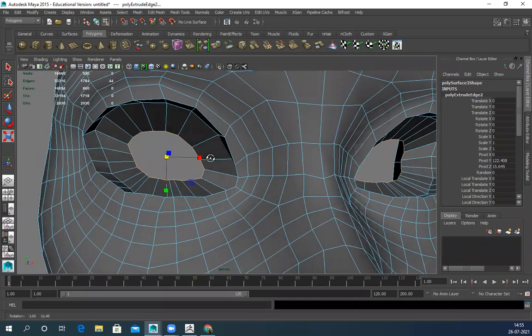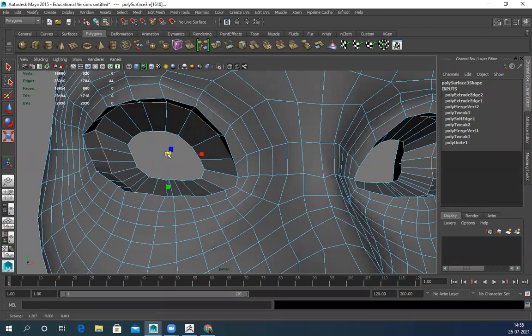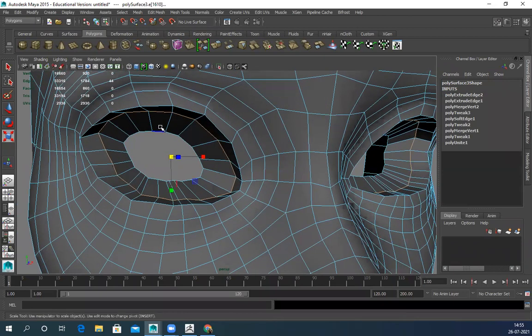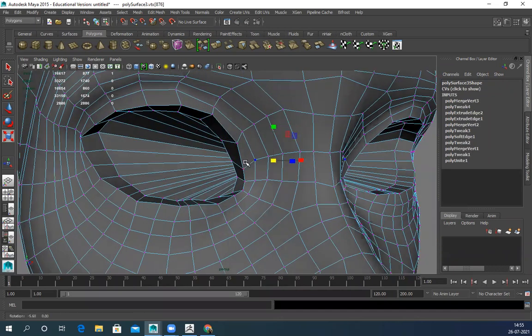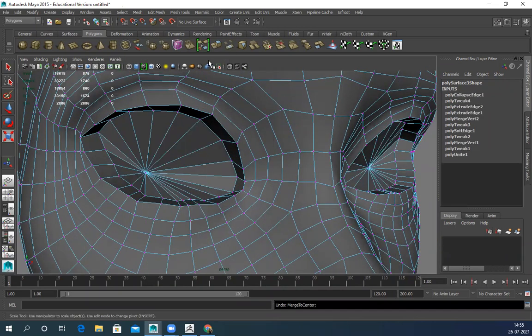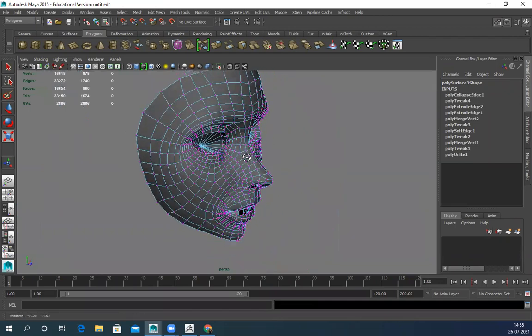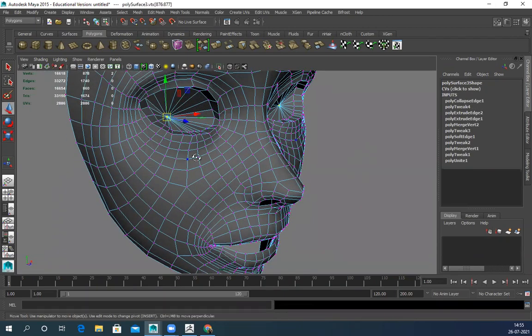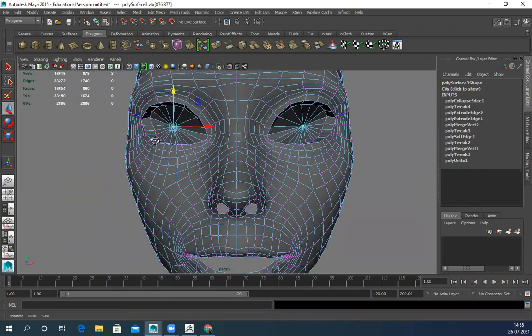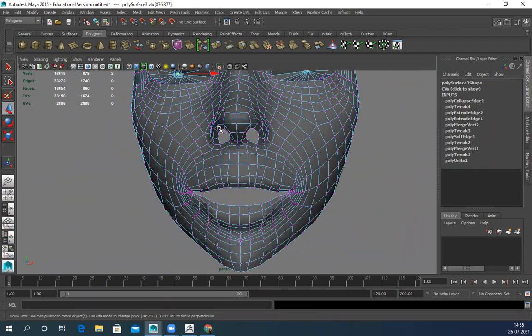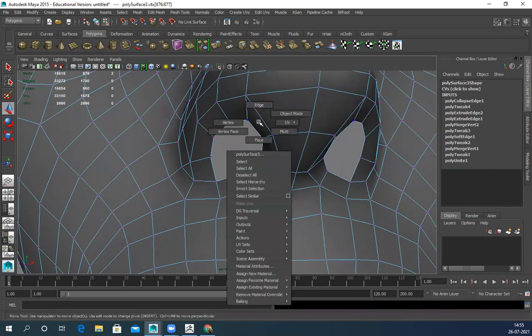Eye cavity. Push it back. Similarly, nose.